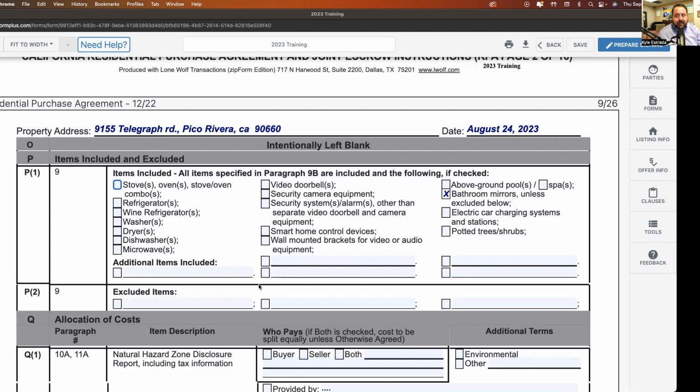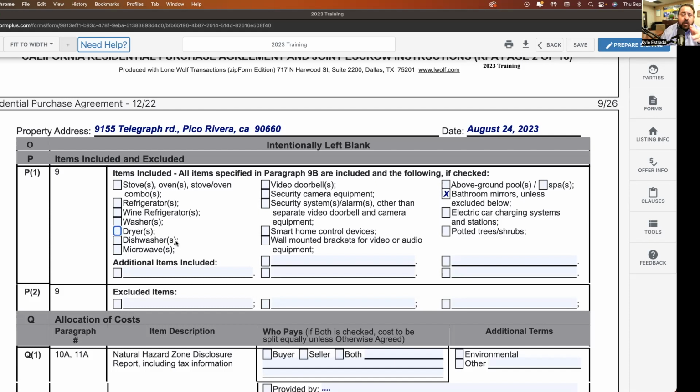So please, again, to make sure your offer is stronger, check off all the stuff that is supposed to be included. Okay, if it says it's included in the MLS or flyer or anything else, or if it doesn't, but you're requesting it like a refrigerator or a washer and dryer, put it in. But if I were you, if it doesn't state it somewhere, I would, in the conversations I'm having with the listing agent prior to submitting my offer, ask, hey, by the way, the refrigerator, the stove, washer, dryer, any of that stuff is being included in the sale? They might say, no, none of it is. Please don't put it in.